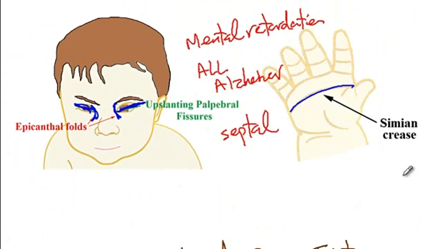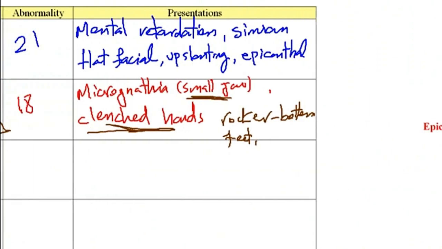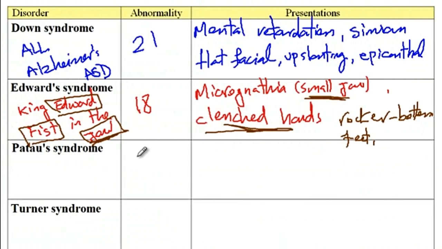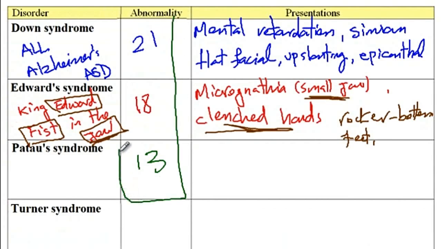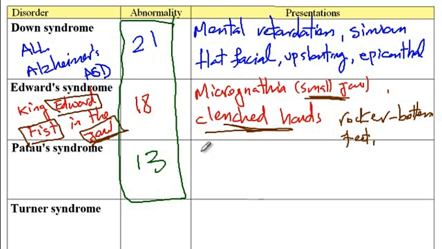Alright, now back to the table. The next chromosomal abnormality disorder is Patau syndrome, which is from trisomy 13. One important point that you should know here is that Down syndrome, Edwards syndrome, and Patau syndrome are the chromosomal abnormality disorders that are commonly associated with increased maternal age. So as females get older, their children are at increased risk of developing any one of these 3 chromosomal abnormality disorders. In any case, patients with Patau syndrome have a defect in the development of the precaudal mesoderm, and therefore these patients can develop